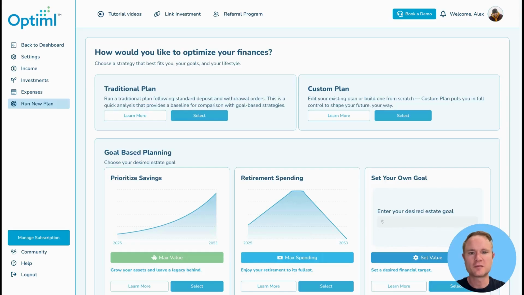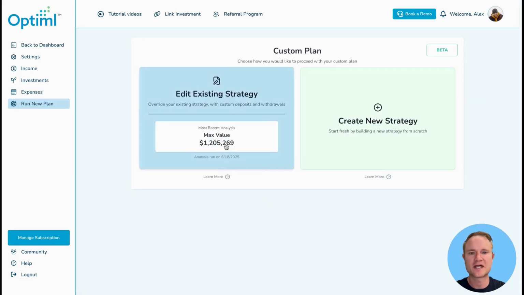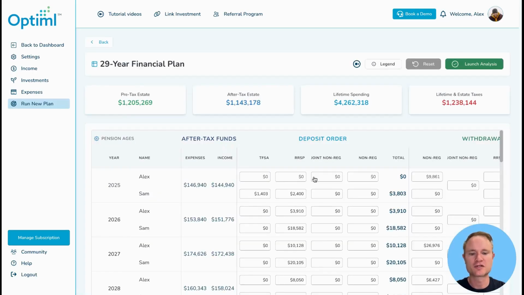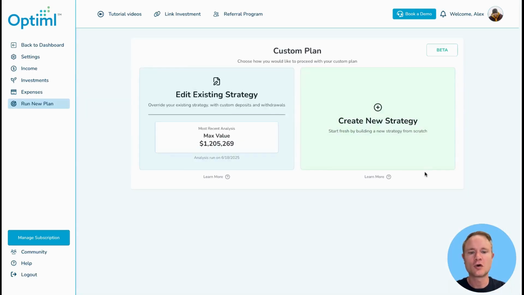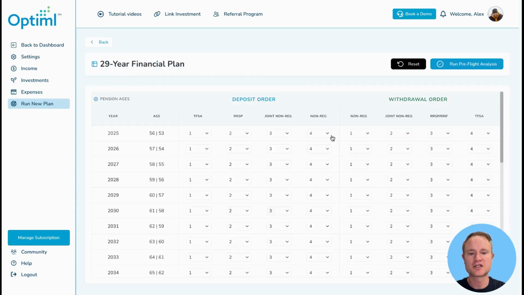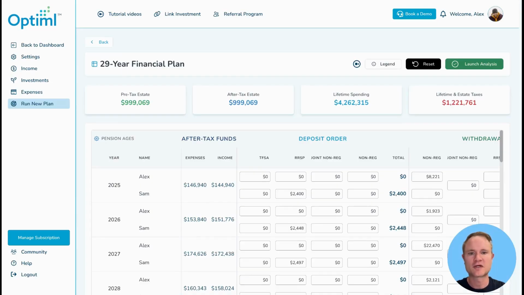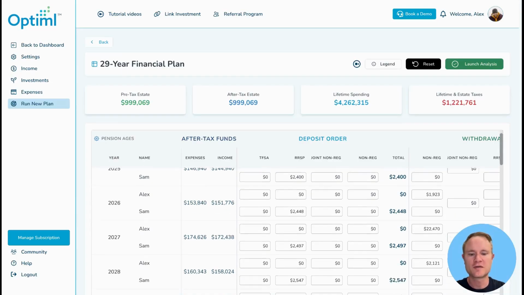An alternative plan with Optiml is the ability to create a custom plan. Now you can either edit your most recent analysis and make changes to the deposit or withdrawal order or values, or you can build your own plan from scratch, picking your own deposit and withdrawal order in any given year. And then based on the output of your custom deposit and withdrawal order, you can then manually change any of